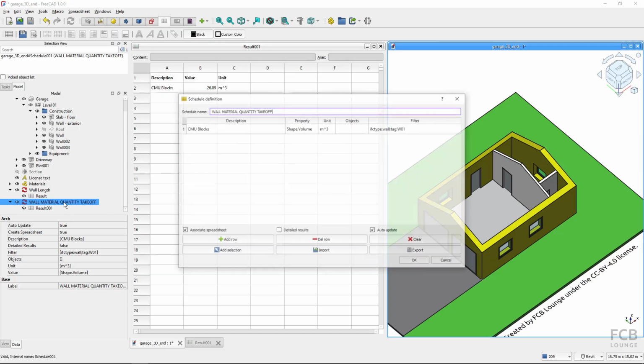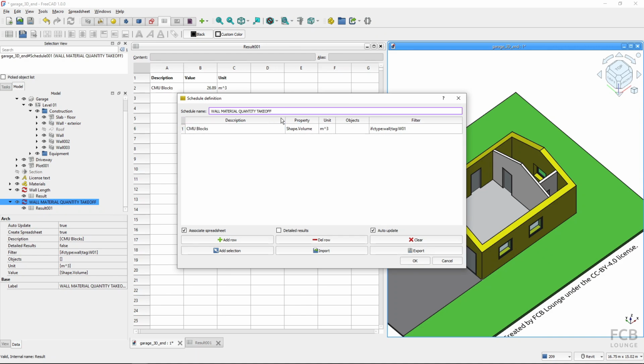So I can follow along with creating the schedule. If I hit add row now, it's placing the new line at the top, which I actually don't want. So I will select this line and hit delete row. And if I select this line and hit add row, it will insert a new row below this one. So I will add row, and I will type in bricks, and I can actually Control C, Control V this one. I can type in M3, and I will again Control C, Control V, and